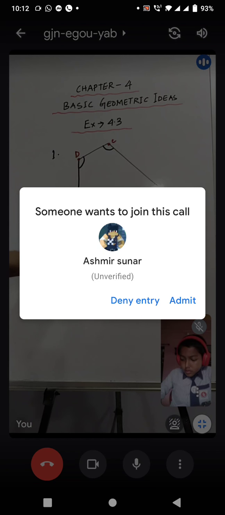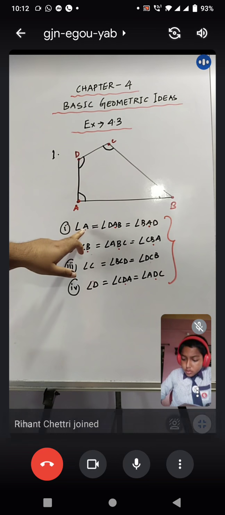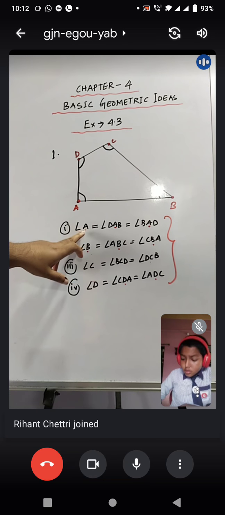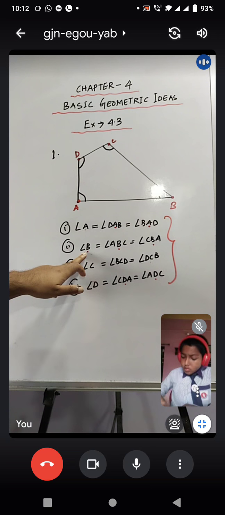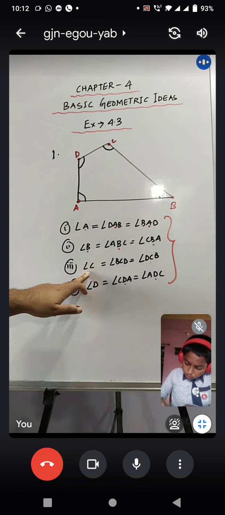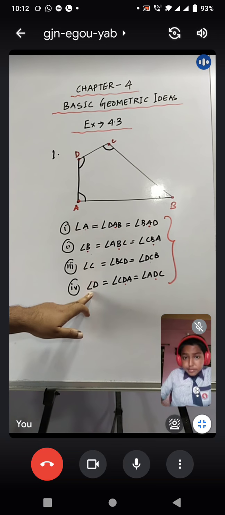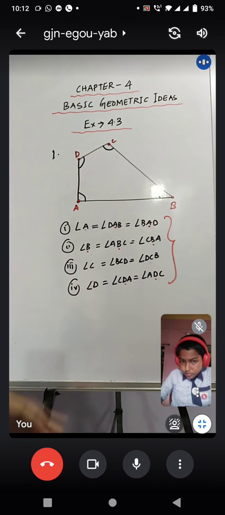So these are some of the ways that you should show. Actually, at the back side of your book you will find that any one of these angles is given, but all the angles are not given. I will rather advise all of you to please write what are the different possible ways that you can write angle A, because you should be knowing this. What are the different possible ways that you can write angle B? What are the different possible ways that you can write angle C and D as well? Fine. So this is very, very important.